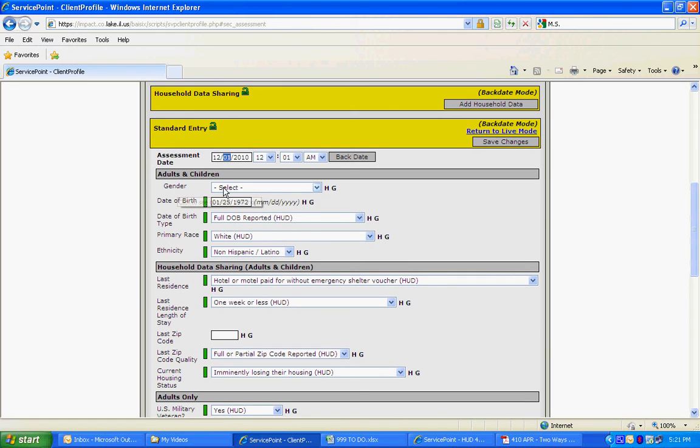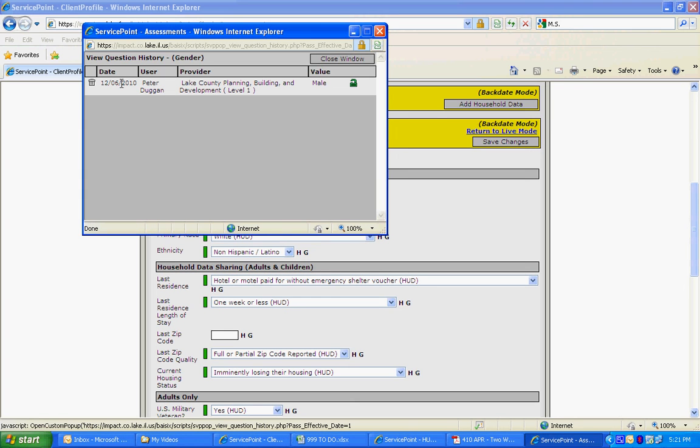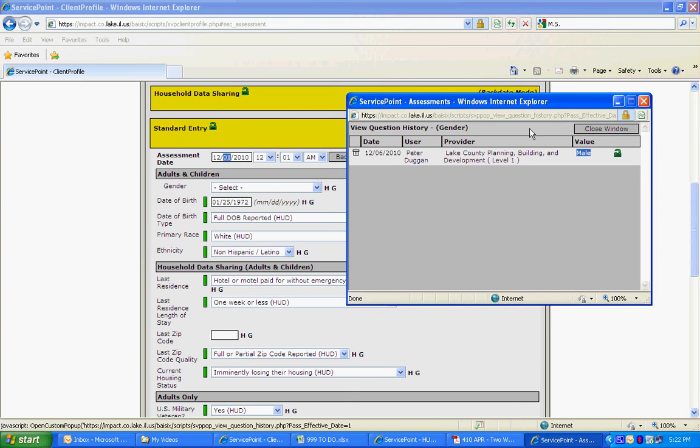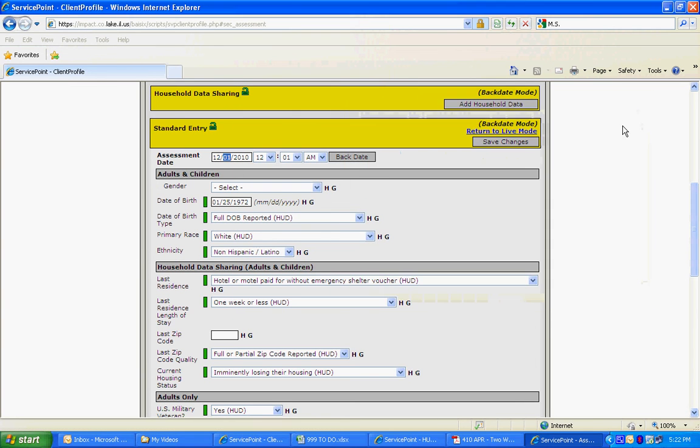Here's gender. On the 1st, it was empty. If I want to know what I specified later on the 6th, I can find out by clicking on the history bar. Click on history, and I see on the 6th I tried to make a correction of male, so I'll carry that correction over back to the 1st, close the window,